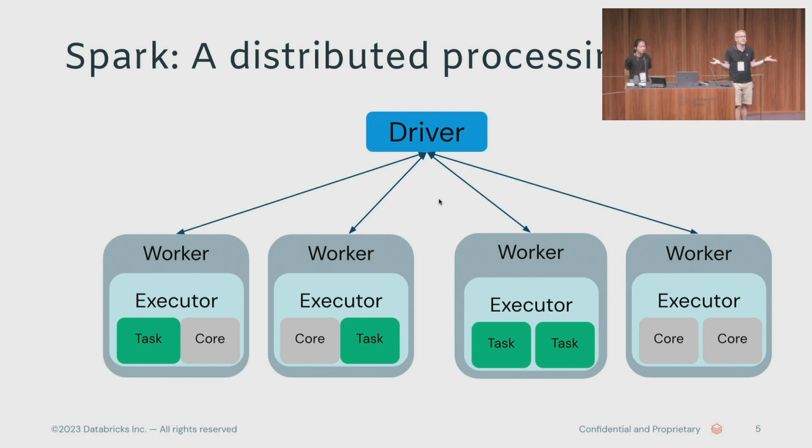And so just a brief introduction to Spark. Spark is a distributed processing engine, and this is just a typical view of what that looks like. So you send your workload, your query over to the Spark driver, and it makes decisions around how to actually execute that. And when it can parallelize the work and do pieces of the task on different nodes, it'll do so. And as you can see with the cores and tasks indicated here, work will be allocated on an available core. And then it'll run, and when it's all done, it'll be merged back up and aggregated to the final result. So just a quick overview of how that works. And of course, you can run things faster that way when things are very large.